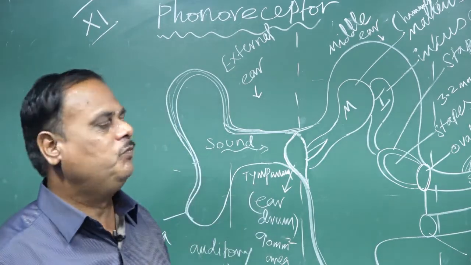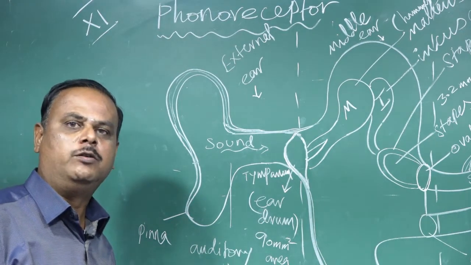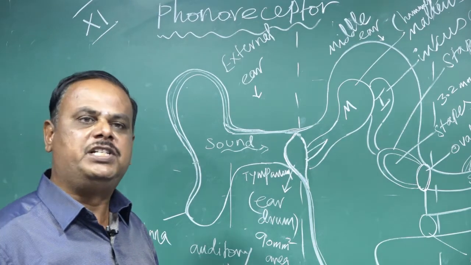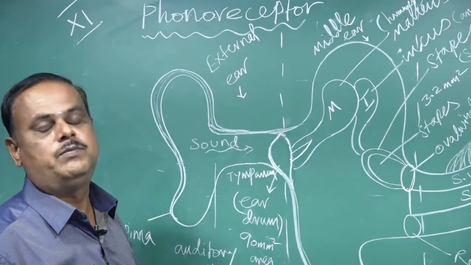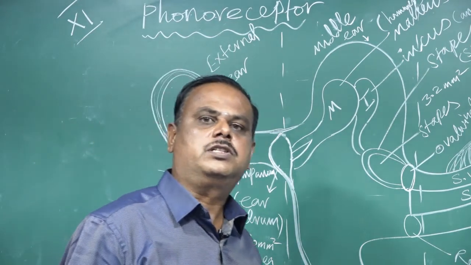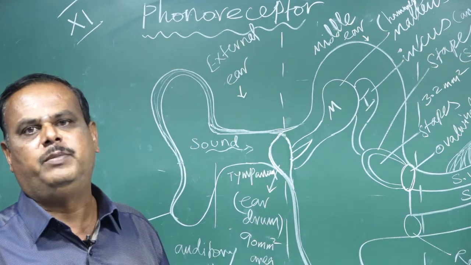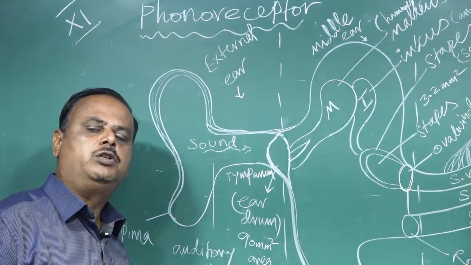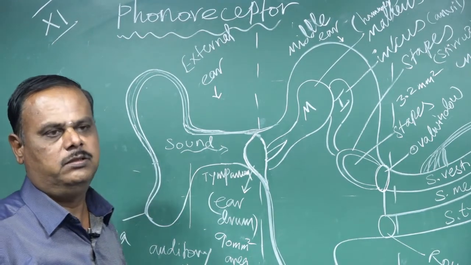Good morning children, 11th zoology, the chapter Neural Control and Coordination. From this chapter, we already studied the neuron and the types of neuron, structure of the brain, division of the brain, reflex action, structure of the spinal cord, and also the sense organ. I already covered these in the previous class.